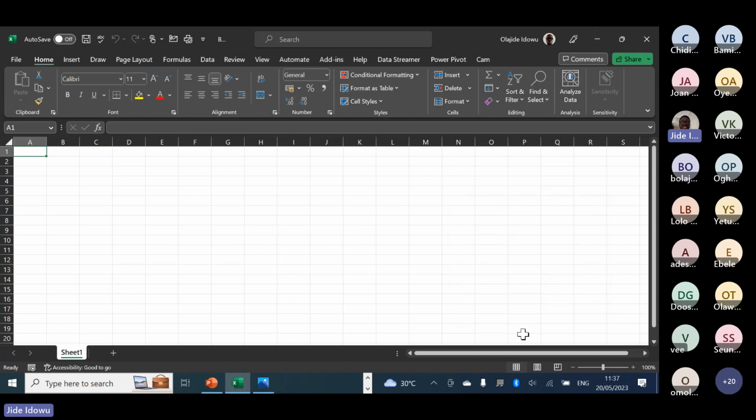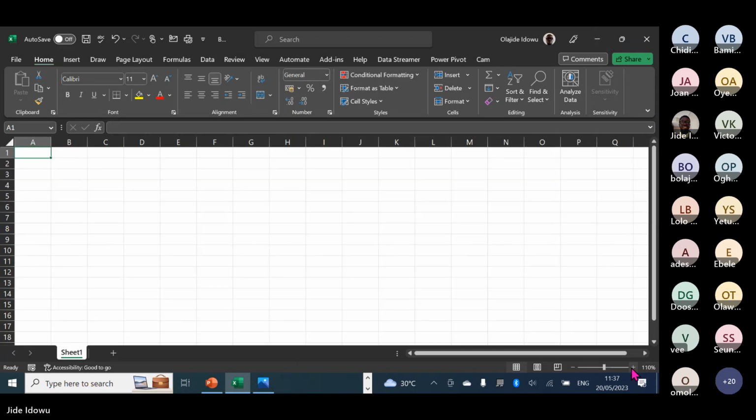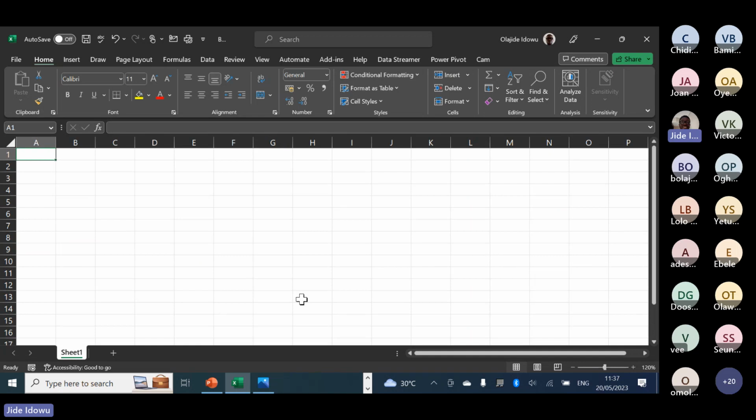Now, let me zoom this out. Some people did not know, or a lot of people did not know, that there is Power Query in Excel. Now, Power BI, or Microsoft, let me put it that way, first introduced Power BI within Microsoft Excel. Now, what do we mean? We have like 4 powers that used to be in Excel. If I go to data, this data tab,